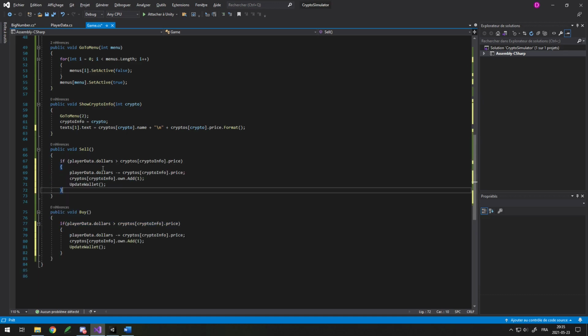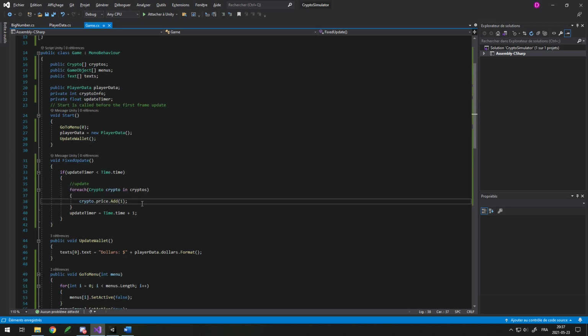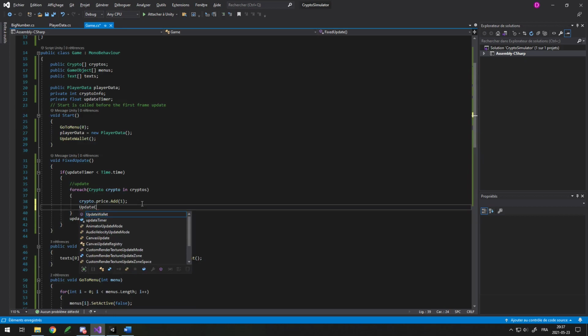We can copy and paste this for the sale, but here instead of checking if we have enough money, we want to check if the own is greater than 0. And because we didn't do it for an int or a float, we can just do new big number 0, and that's going to be fine. And here instead of removing the dollars, we want to add them, and instead of adding the own, we want to remove 1. After adding 1 to the price of the crypto, we want to update crypto prices,